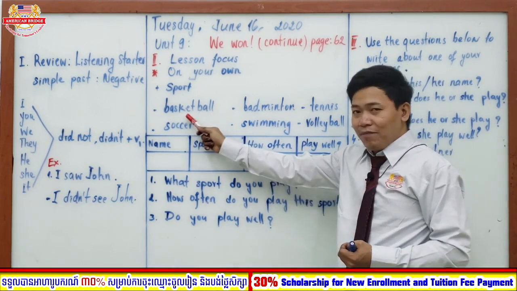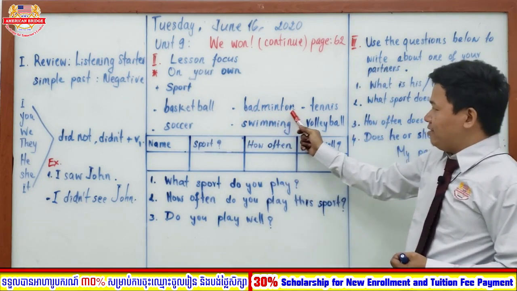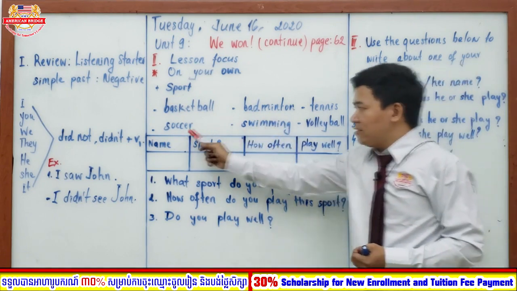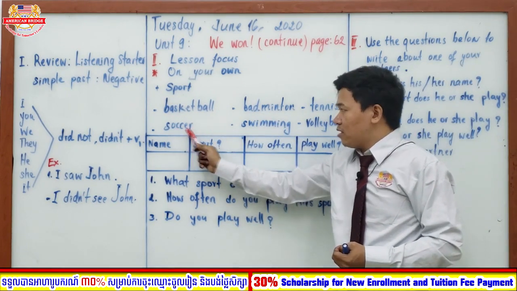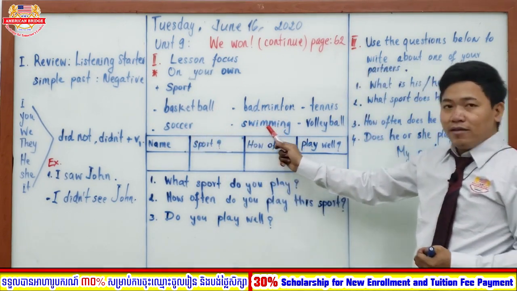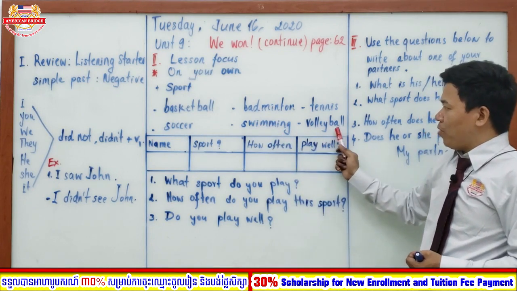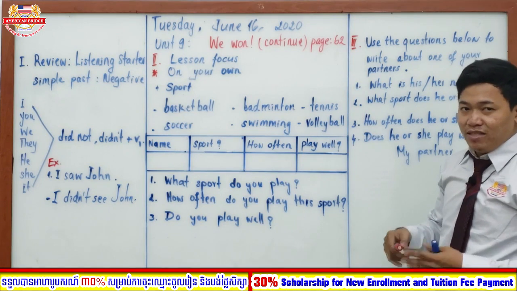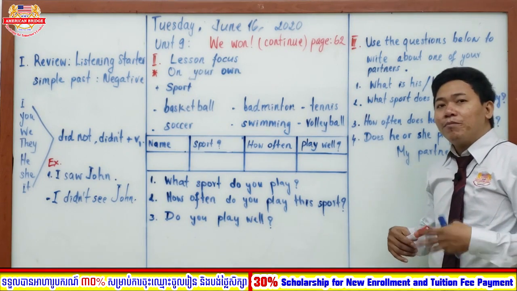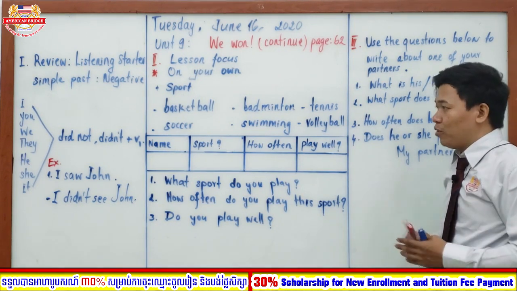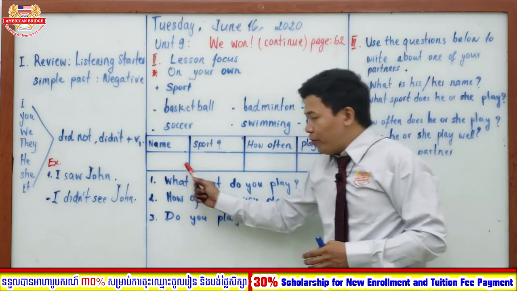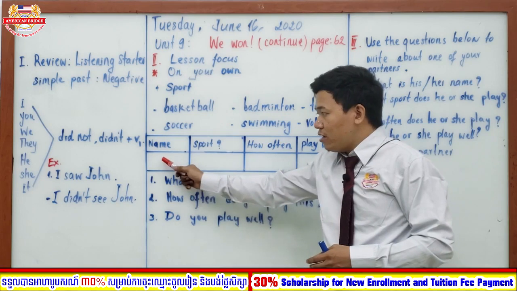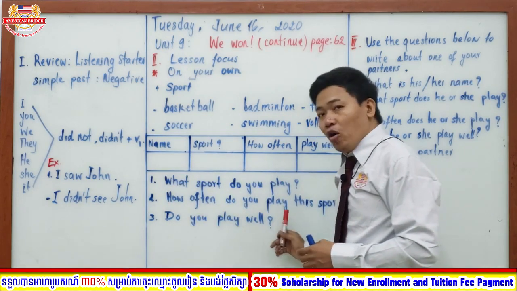Basketball, badminton, tennis, soccer, swimming, volleyball, right? Okay, volleyball is also famous, and many males like to play it in Cambodia too. So now you will use these three questions to reflect and write about your partner